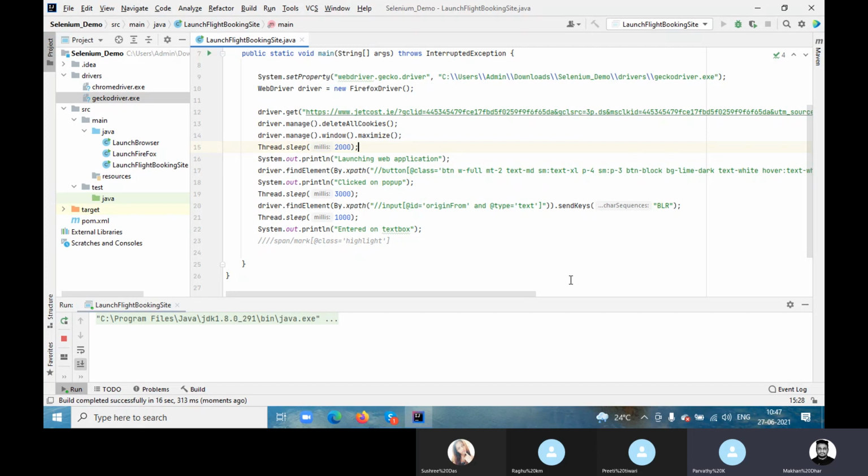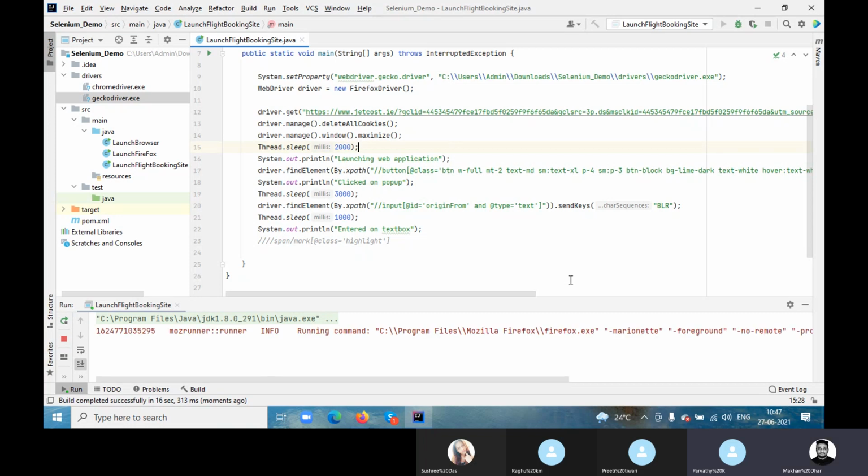Or can we find that element and click that box first? Then if we type, BLR. Instead of directly sending keys, first click that, then type. Not sure, I'm just.